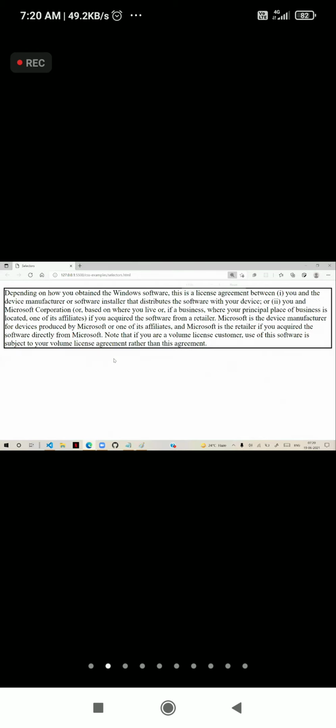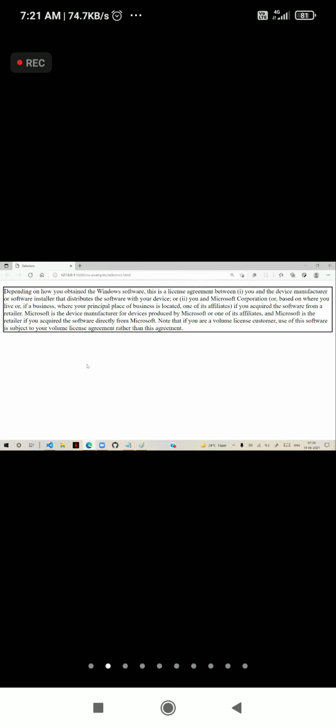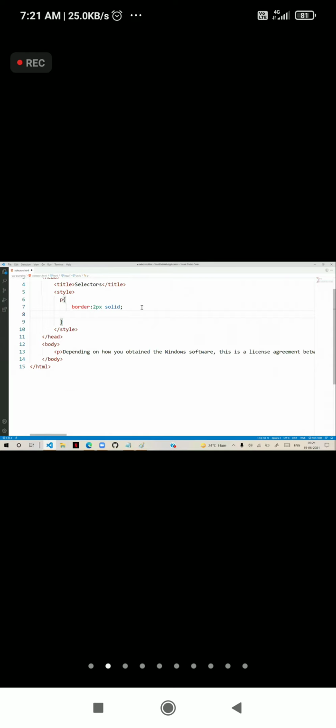Now I want some space between the border and the page. Then I can apply margin. Actually, we have to write margin. Margin is all directions.